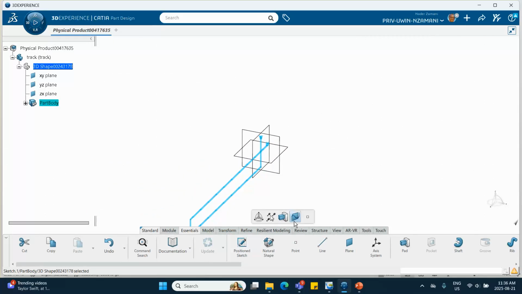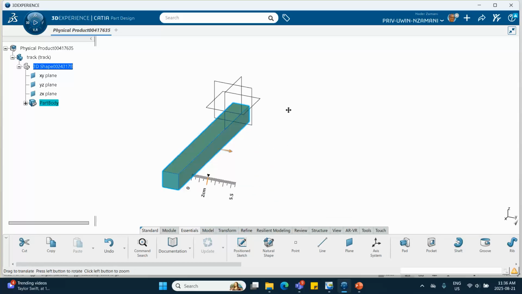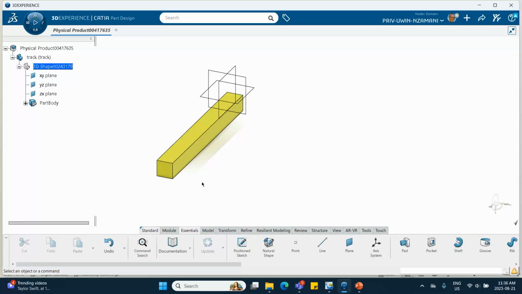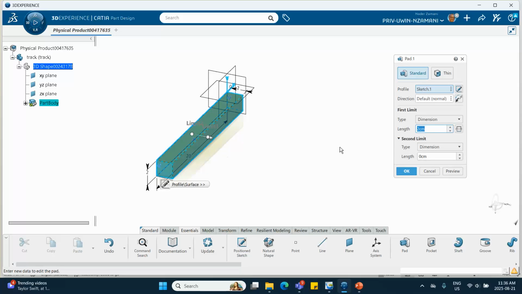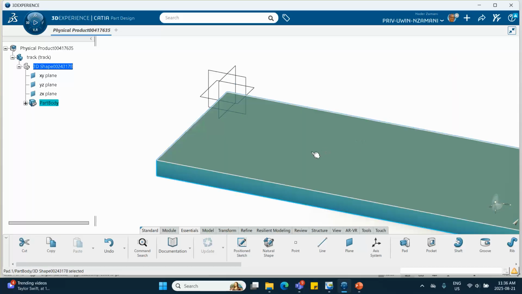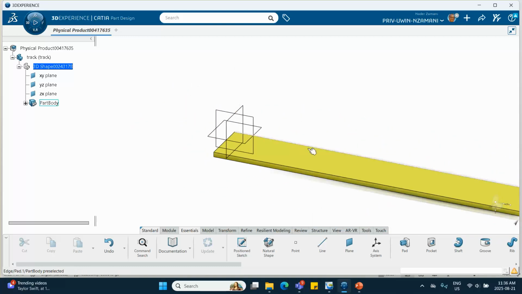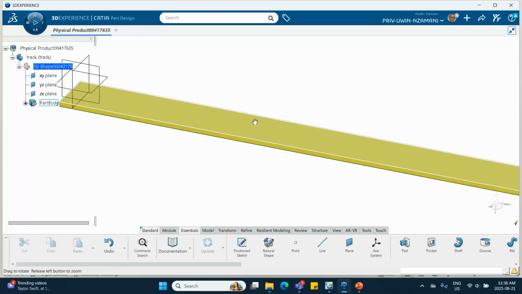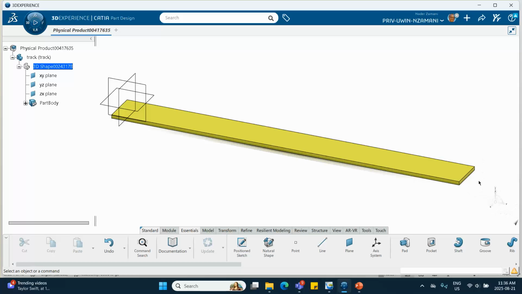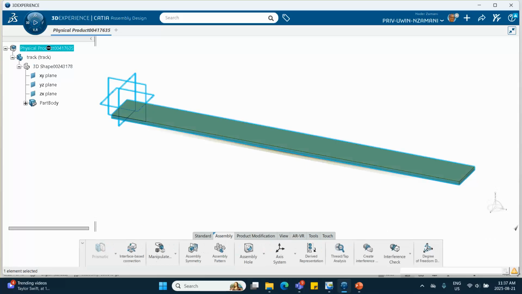And then we pad it by 200 so that we get the track. Okay, there we are. Okay, good. So notice that Y is going to the right, X is coming towards you, and Z is going up. So now we're going to go all the way to the top, insert,